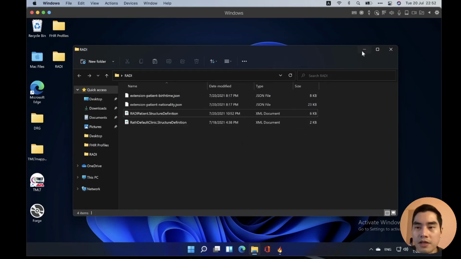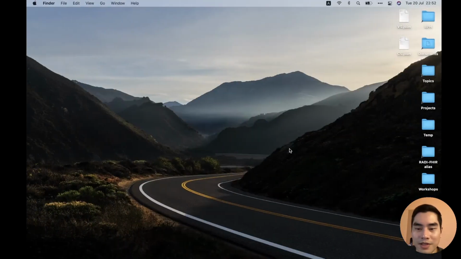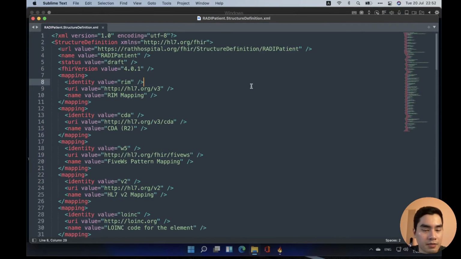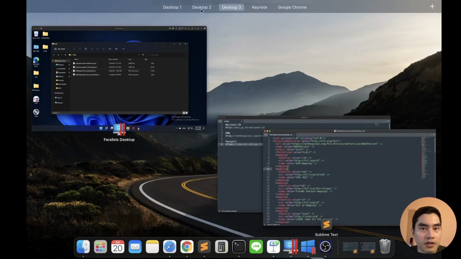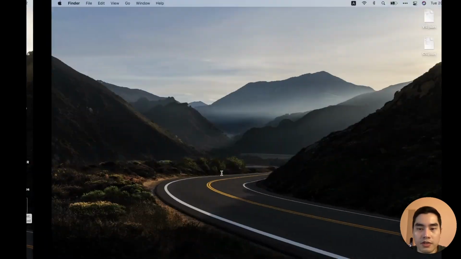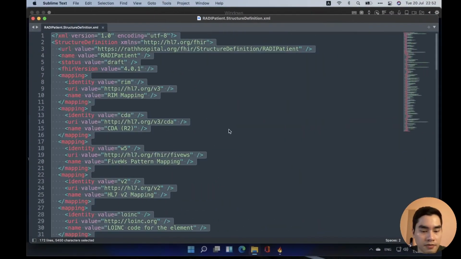I feel like I might forget something, but I don't remember. This is an XML, the structure definition that we created a moment ago. For now, I already have the HAPI FHIR server running on my machine.